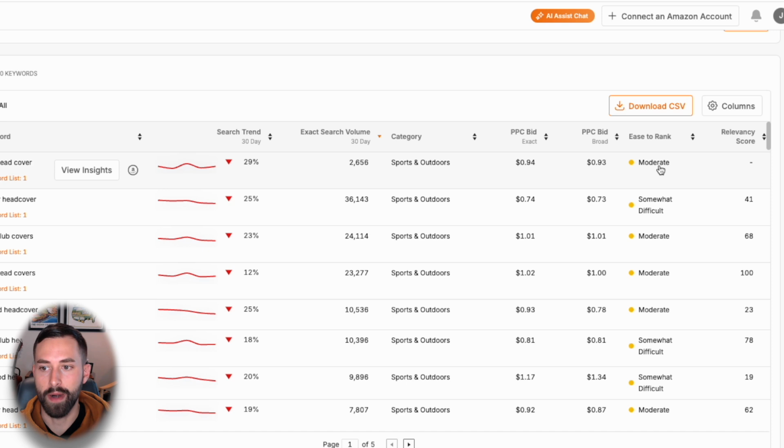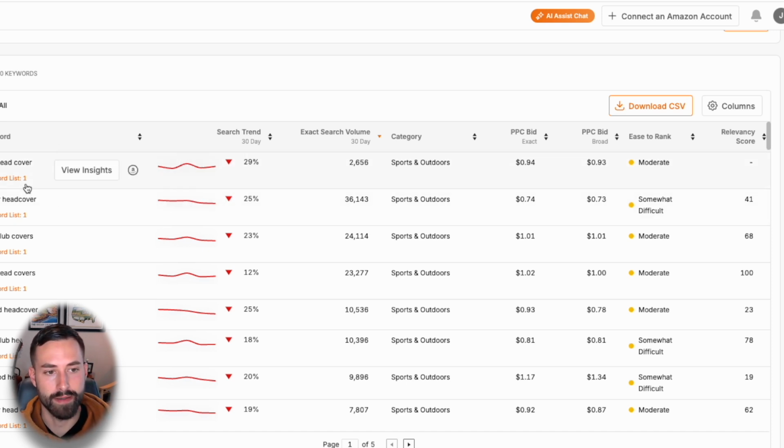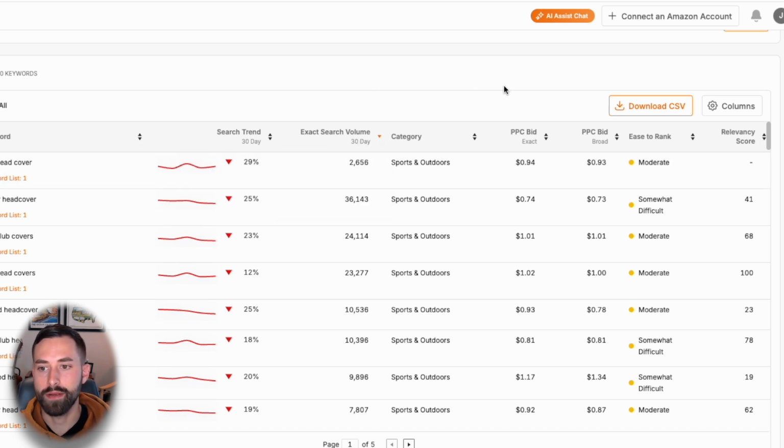The same thing with ease to rank and relevancy score, don't worry about that. We're going to use our own logic to select the golf head covers based on the amount of search volume here. So you can either just keep this window up and we'll use it when we create our listing,